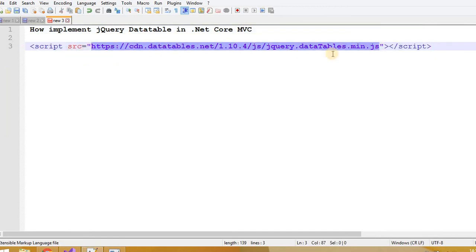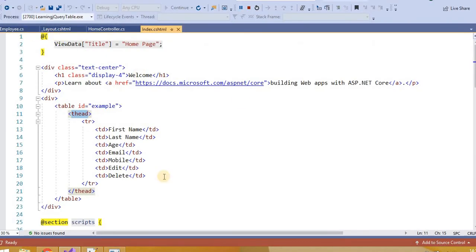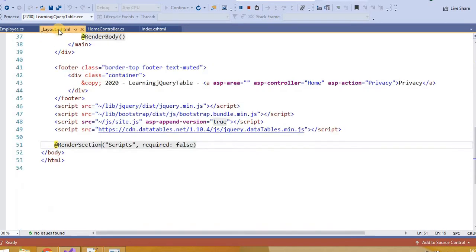We are adding this script from the CDN, the jQuery.datatables.min.js file. Just copy it and make sure to add it inside the file where we are using the jQuery table. In my case this is the index file, and there is one more layout file, or you can say master page, the layout file.